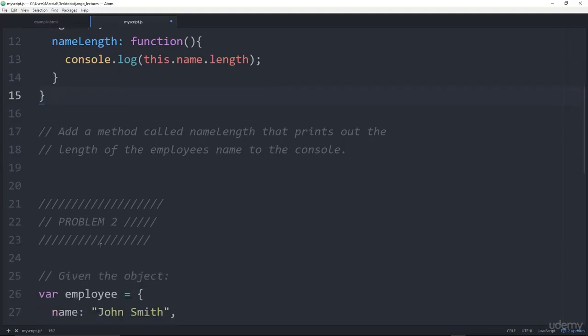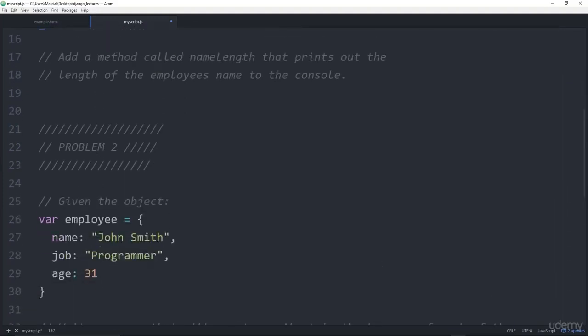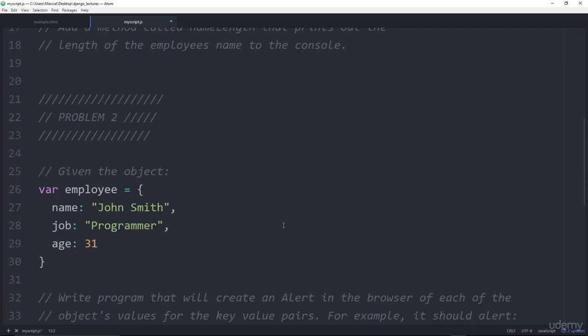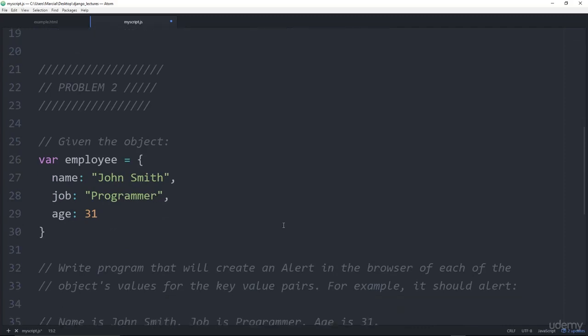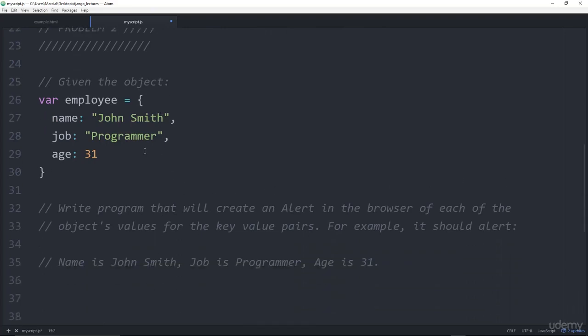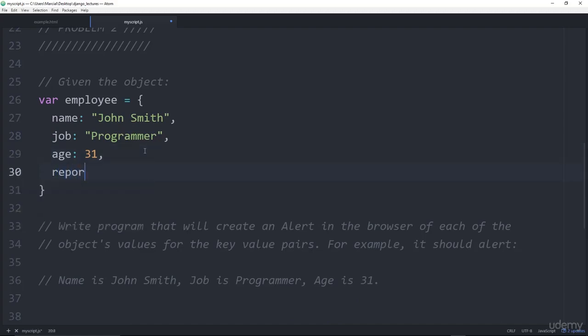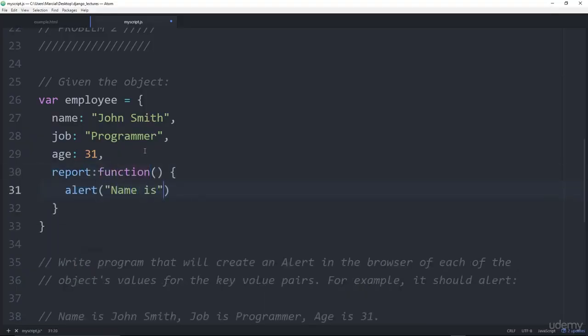Let's go down to problem number 2. In problem number 2, we wanted to write a program that will create an alert in the browser of each of the object values and the key value pairs. So for example, it should alert my name is John Smith, job is programmer, age is 31. So I'll call this method report. We call the function. It won't have a name. And then I say alert,